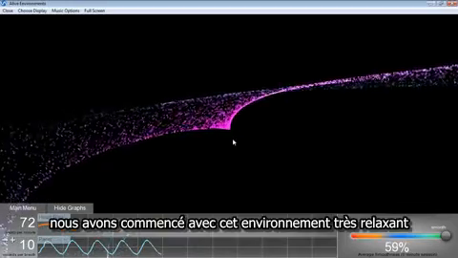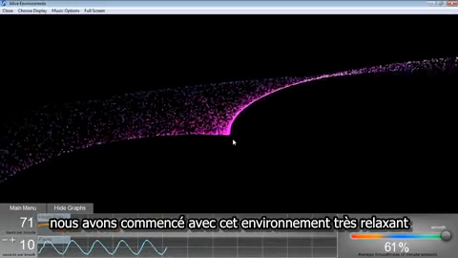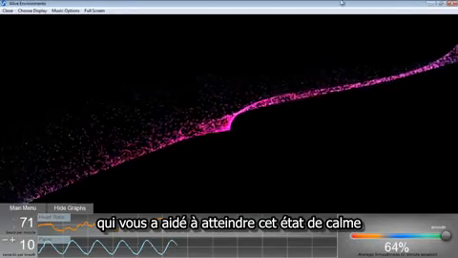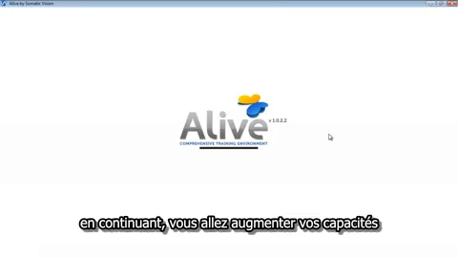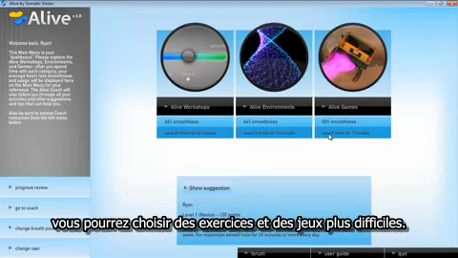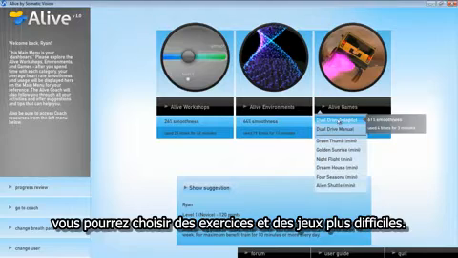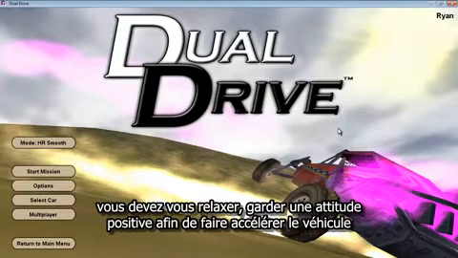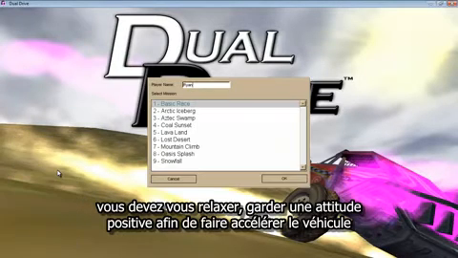So we start with very relaxing environments such as this that actually help you to get in that state, and then as you increase in skill level, we have the option of more and more difficult games and displays. For instance, this is Dual Drive, our 3D race car game, where you have to relax and get into a positive emotional state in order to power your car,